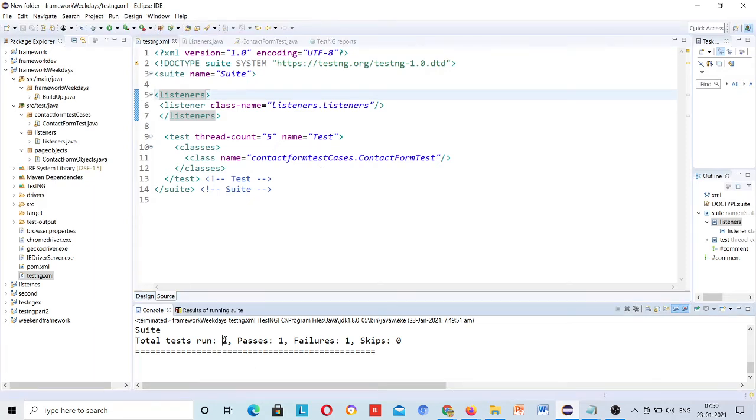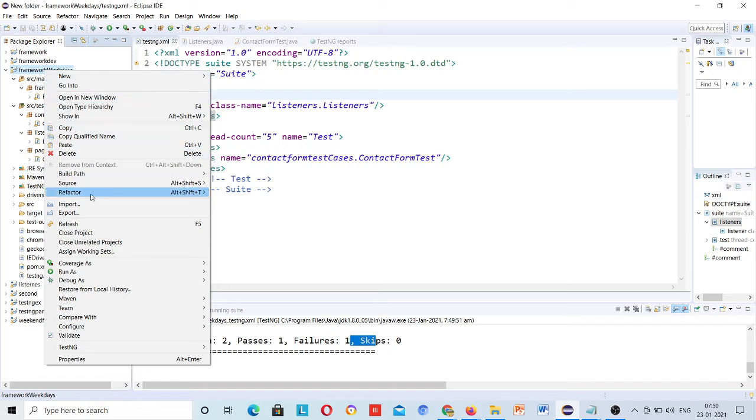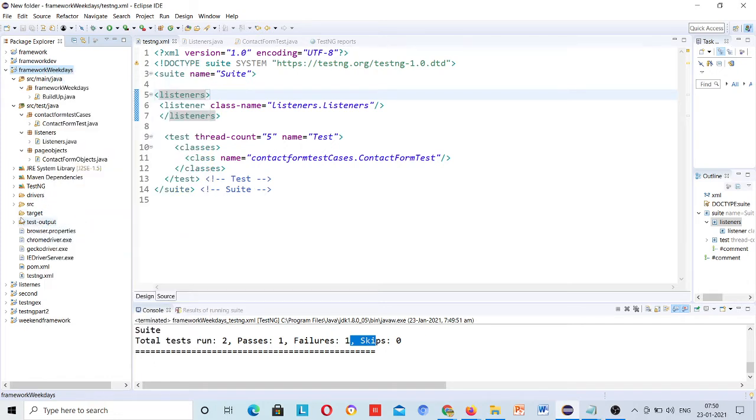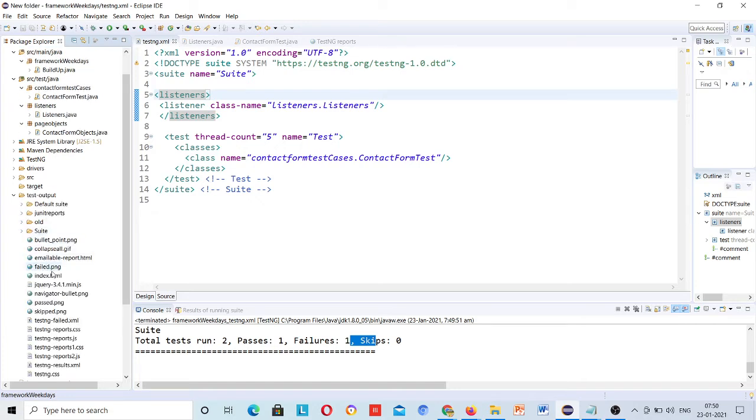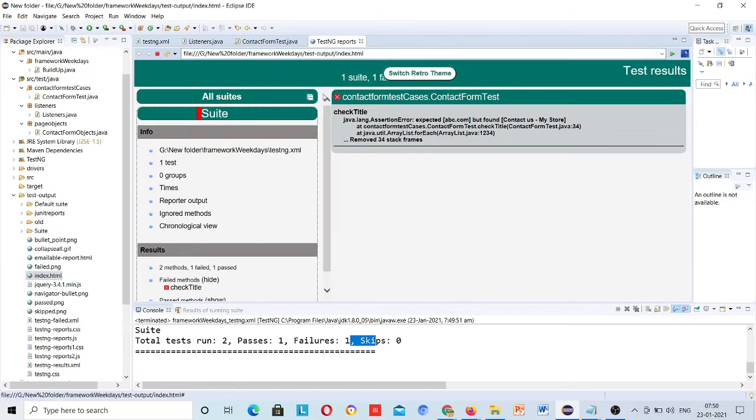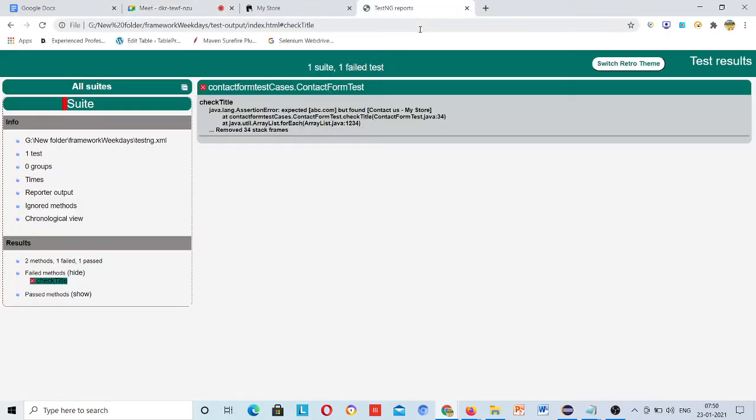okay, so tests run 2, pass 1, fail 1. Just do one thing, refresh this project, and then again go to test output, copy this location and just paste inside your browser, already there. Just refresh this.